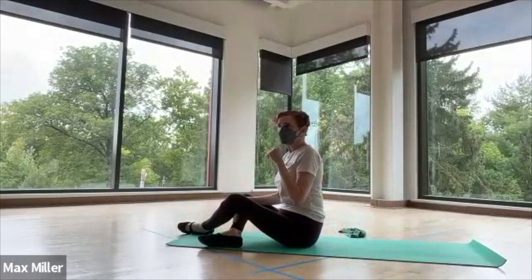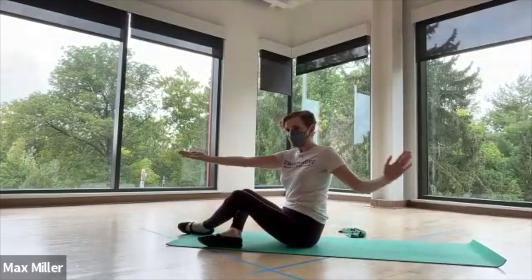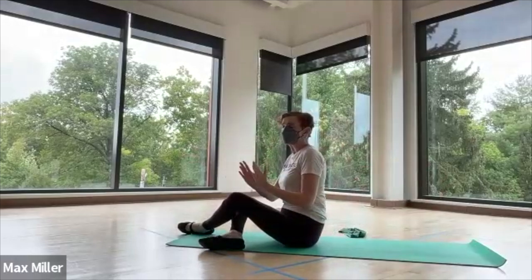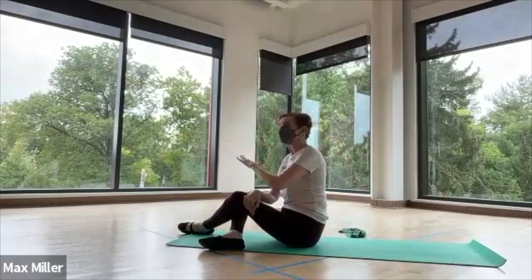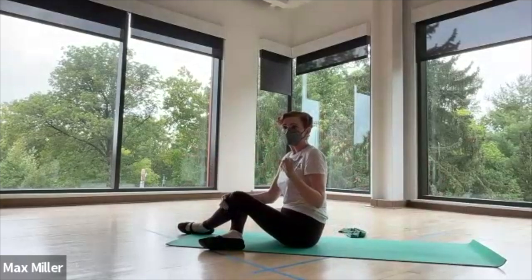So as you advance, as you get stronger and also as you get more coordinated, you can take the legs and arms a little lower and out further. That increases the work into your core, but it's important when you start that you really understand where your limits are right now, and just know that that changes not only from this week to next year to 10 years from now, but it also can change in the course of one repetition,